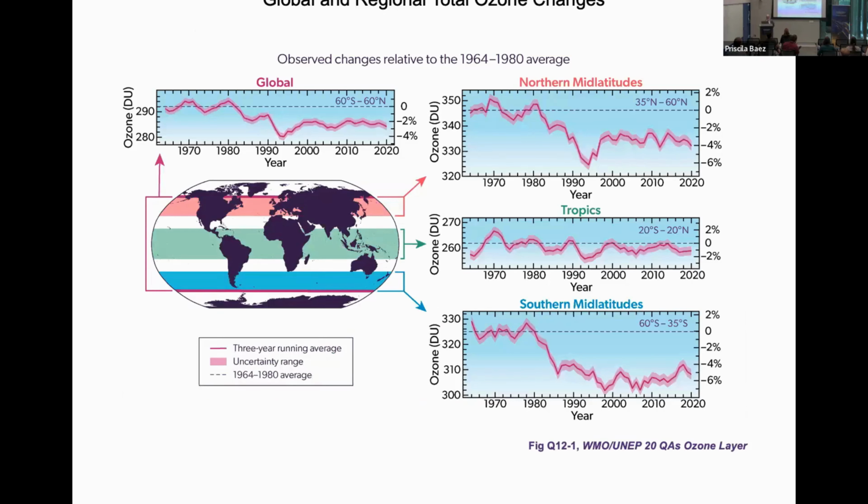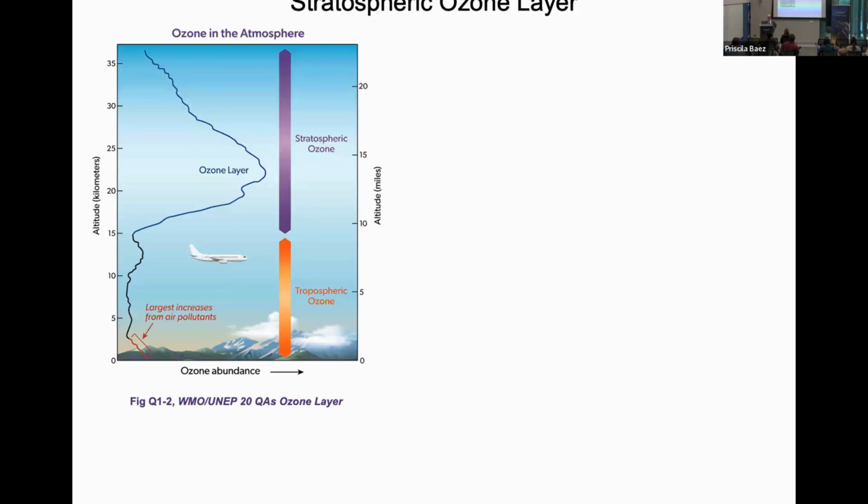Here's what the ozone layer looks like in other regions of the world. So I'm going to tell a story in two parts, the past and the future. And I'm going to tell quite a story. The guiding principle for the story is going to be the timeline for the 20 Questions and Answers, which is coming up in a minute.